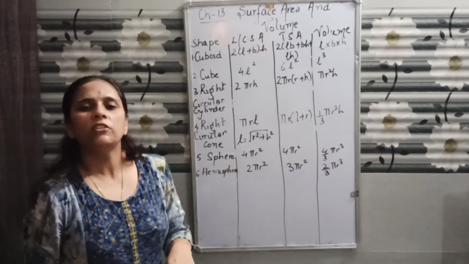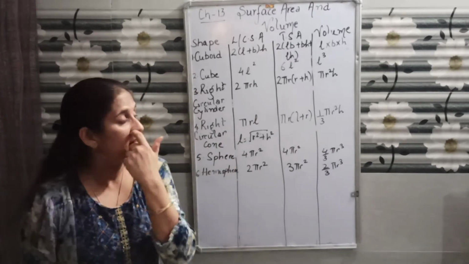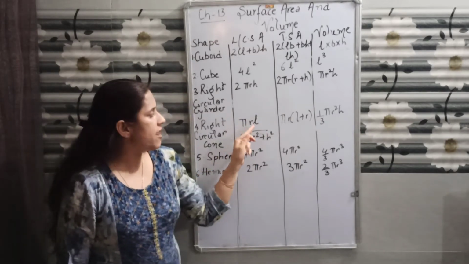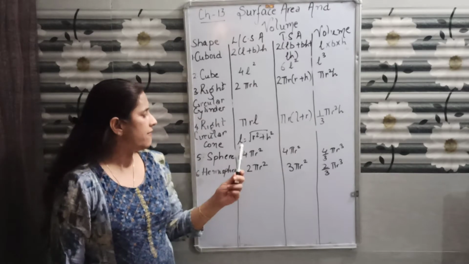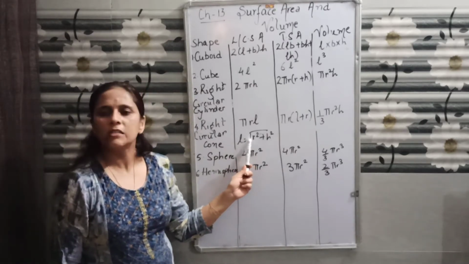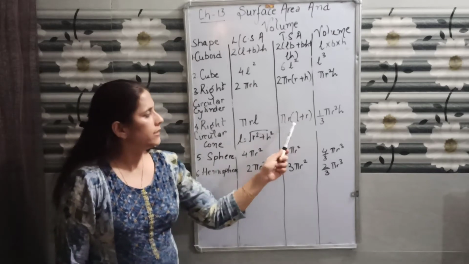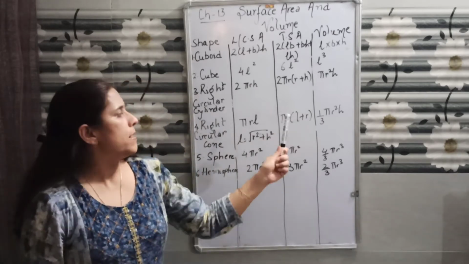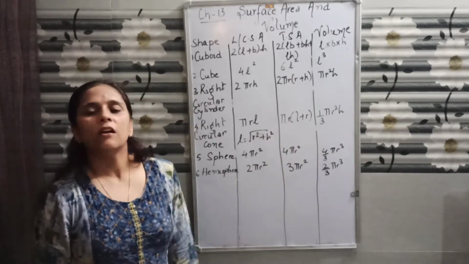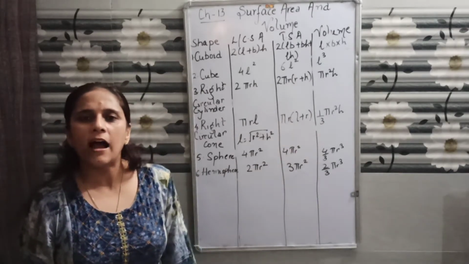Here the curved surface area is pi RL, where R is the radius and L is the slant height. To find the slant height, we have the formula L equals under root R square plus H square. Then comes total surface area, pi R (R plus L),